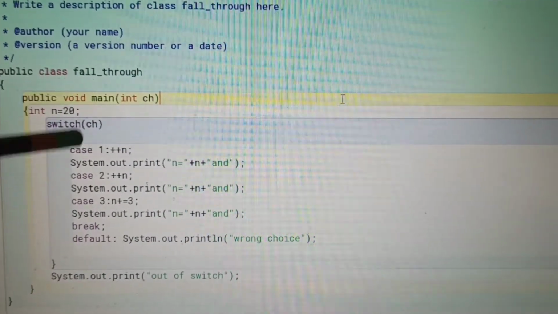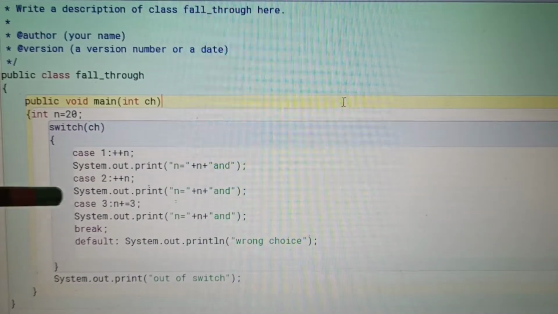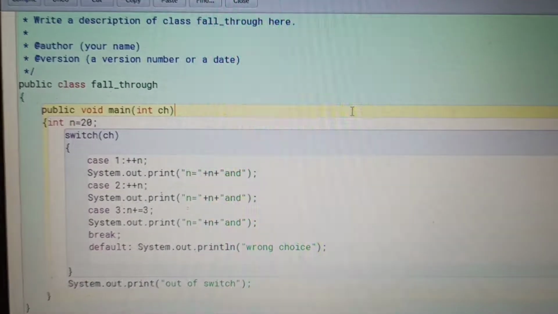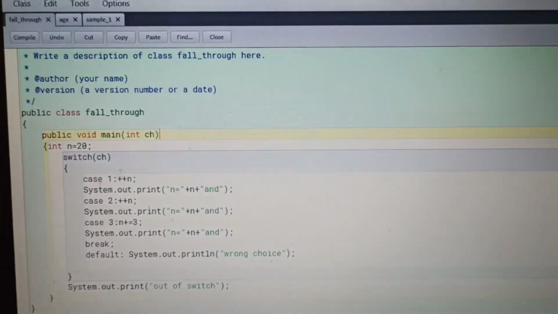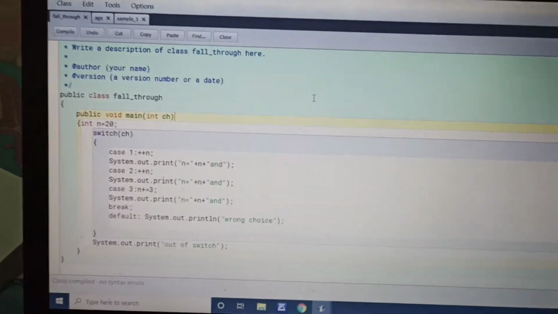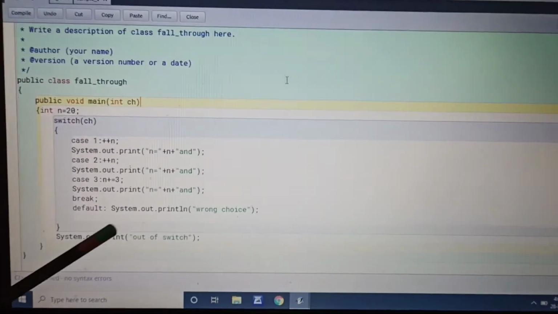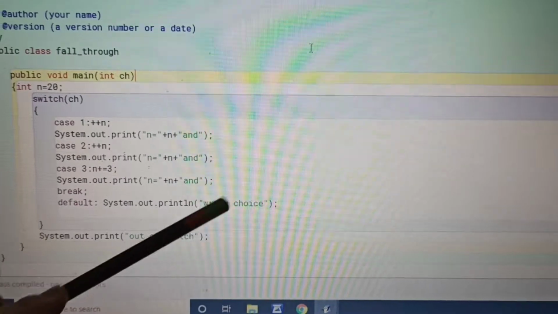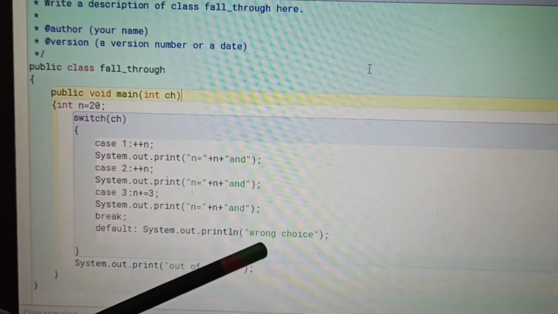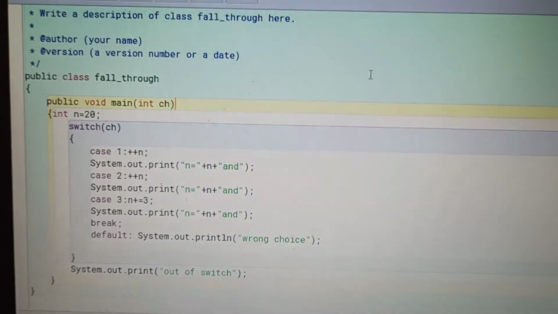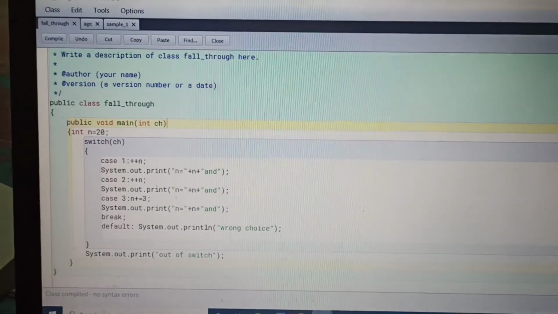This is the use of the fall through statement. And at last, if any wrong input is given by the user, the default statement will execute and show the message wrong choice. Now we'll see this one by one.